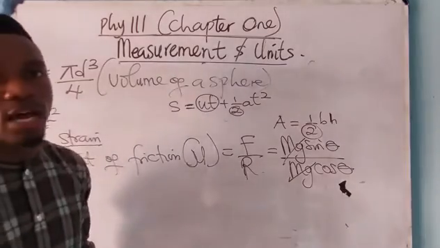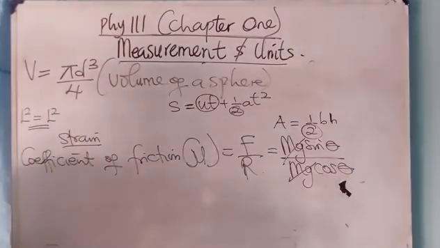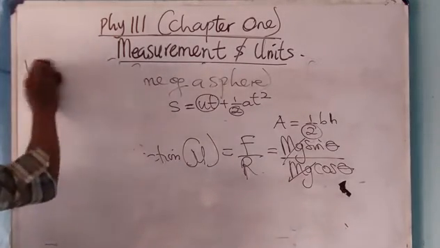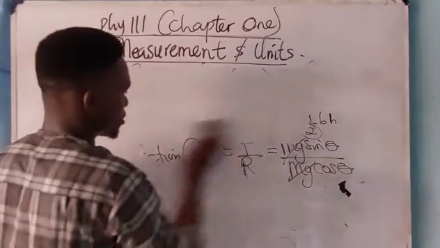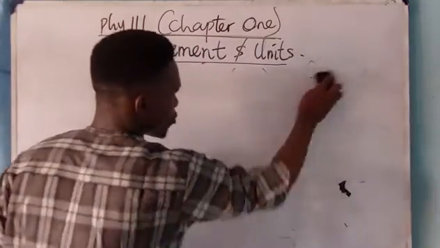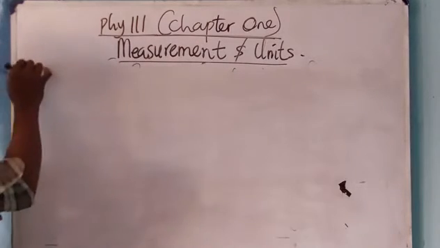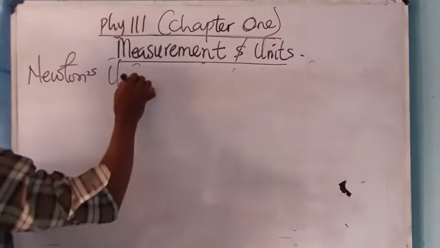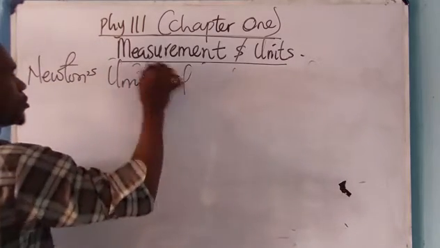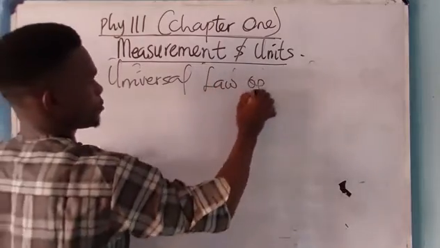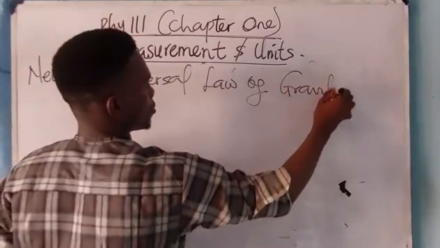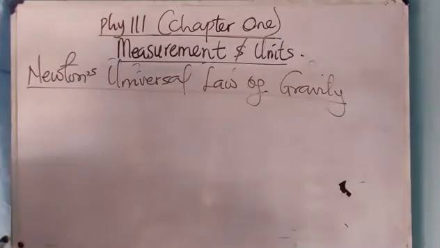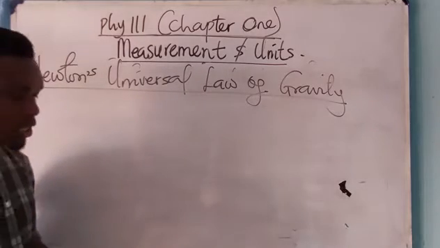So I think at this point to call it a day. If there are more questions I have to solve, okay, let me round off with this. Now, what is the dimension of Newton's universal law of gravity? Newton's universal law of gravity. Now, what did the law say? The law states that